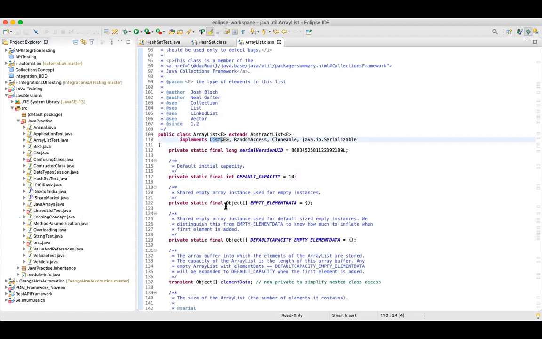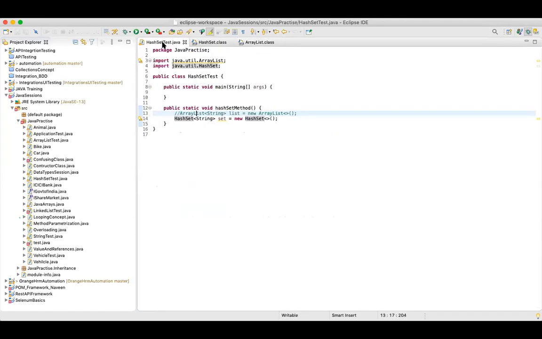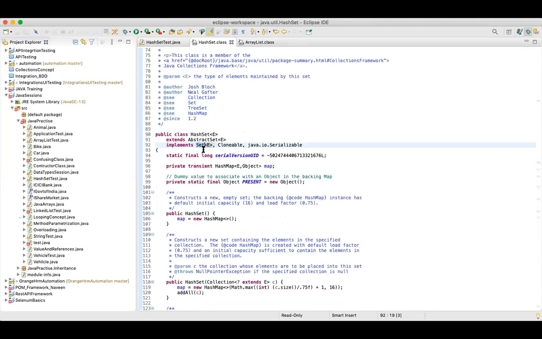So previously we saw array list and we saw linked list. These are all implementing the List interface. Now we have moved from list to set. The entire interface has changed. When we were studying linked list, we were already in the list interface, just that we moved from array list to linked list. But now the implementation itself has changed. Now we are implementing the Set interface.